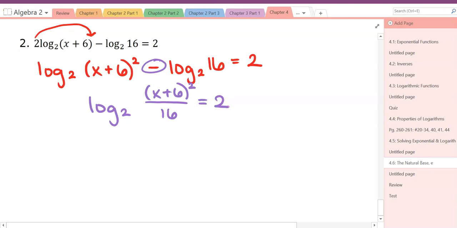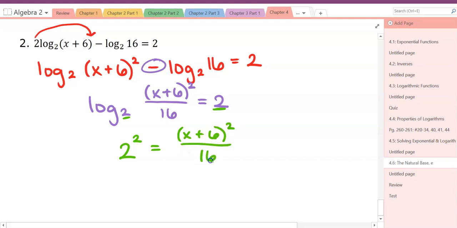Then I'm going to rewrite this as an exponential equation. So this becomes 2 squared, using this 2 and this 2, and I'm going to set that equal to x plus 6